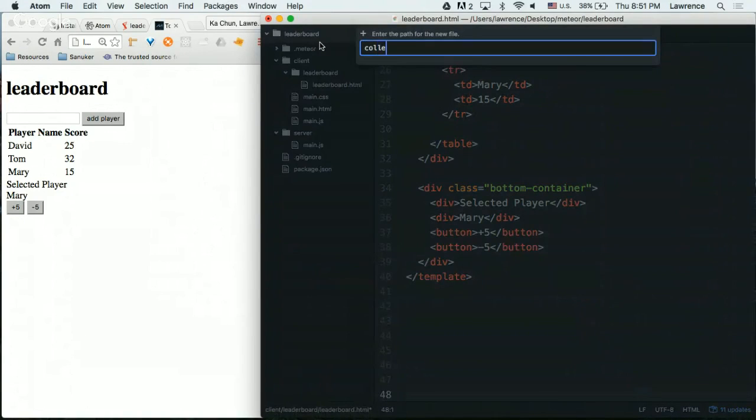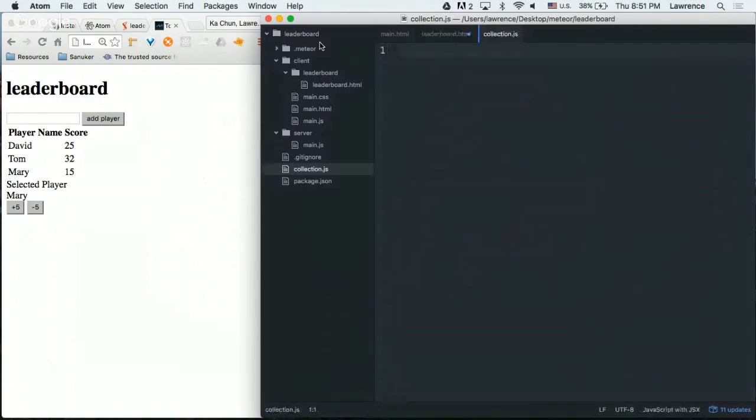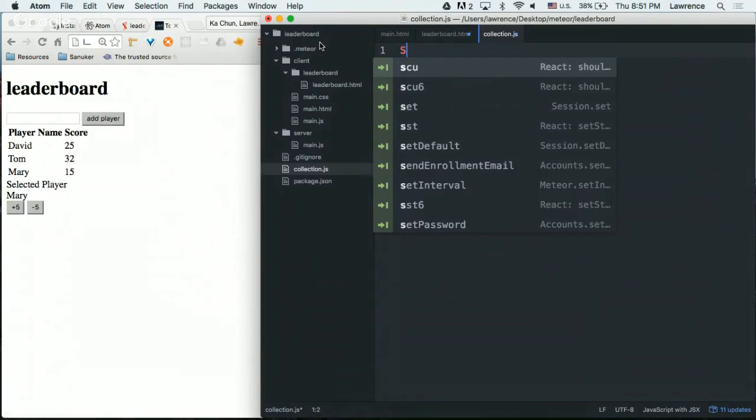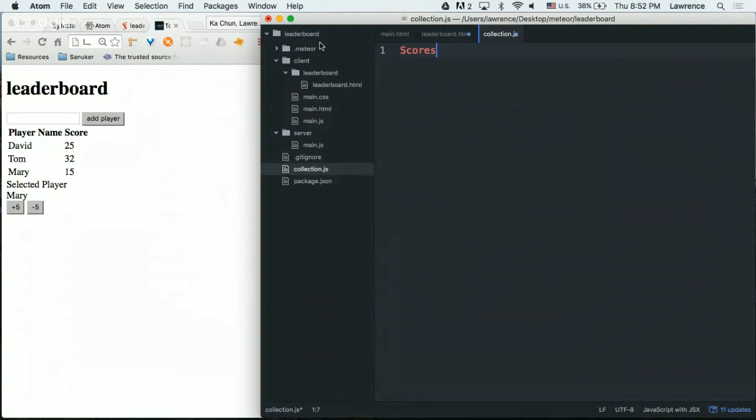Just call it collection.js. Okay, so the extension JS stands for JavaScript, because we're going to write JavaScript. But in this file, we're going to write just one single line. Okay. If you created the file, just follow what I do. Just be careful with the casing. So Scores with a capital S equals new Mongo.Collection. Just follow what I type. It's fine. And then